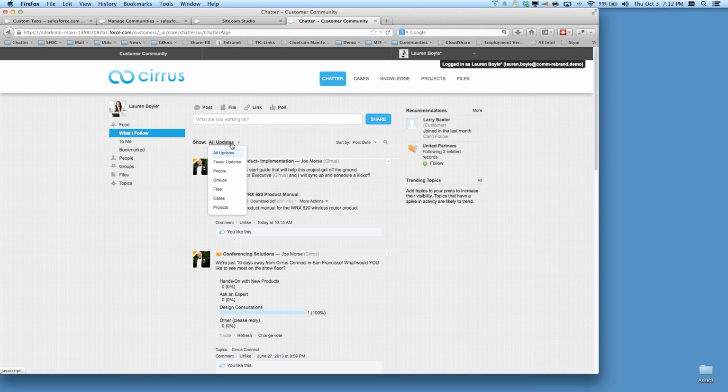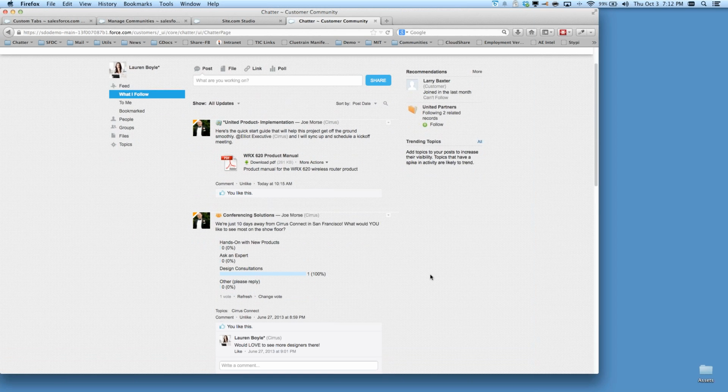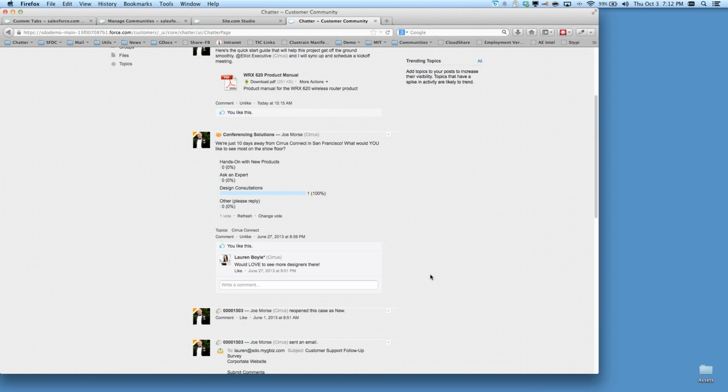She can go and look at all of her updates. She can go and look at only updates from people or in the community-leveled groups. She can look at file updates. She can look up updates on cases or projects or any other process that she's following. This is a great way to start a community, is to have a nice feed of information right in front